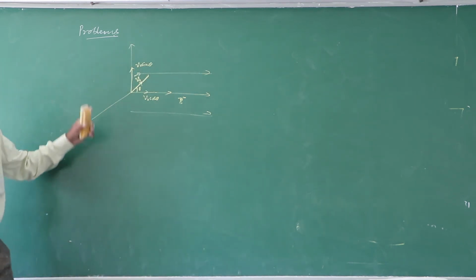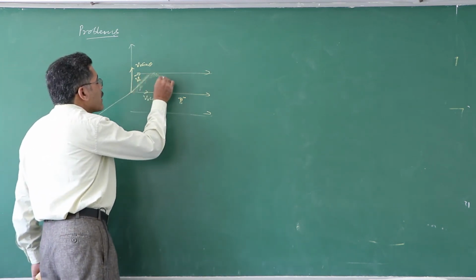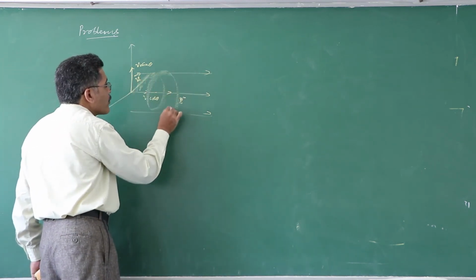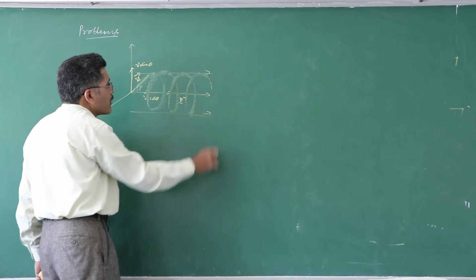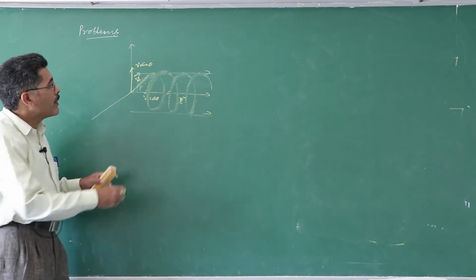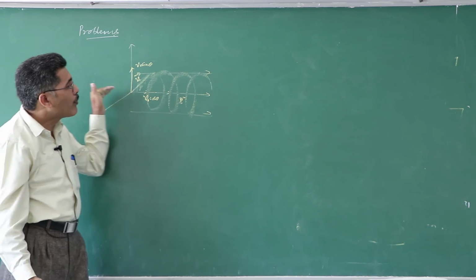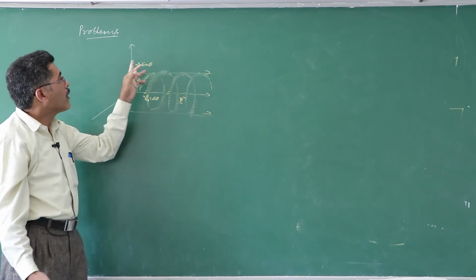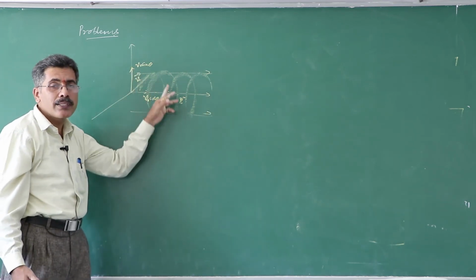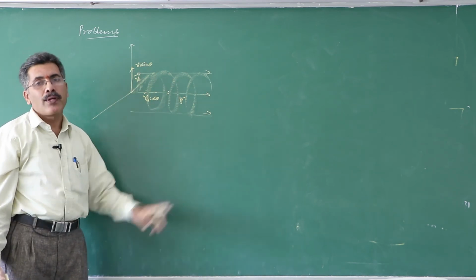There is no acceleration along the horizontal direction, and the charged particle starts moving like this. Its path would be a spiral. This I have also explained in the previous class. The component v naught cos theta makes the particle move along the horizontal direction, while the component v naught sin theta is responsible for the movement of the charged particle in a circular path.